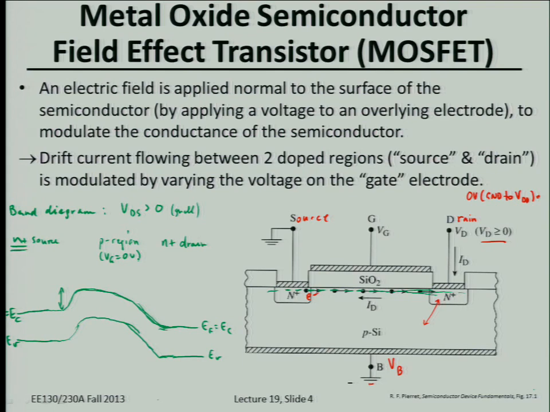Yeah, so the question is, isn't the Fermi level for a p-type region near the valence band? So this is p-type material. It's slightly depleted at the surface. So the Fermi level, if we could draw one, would be somewhere around here. We actually can't really draw a Fermi level in the channel region if there's an electric field there. But if you imagine a quasi-Fermi level, it would be roughly here, because it's a little bit p-type. And that would be lined up with the Fermi level in the